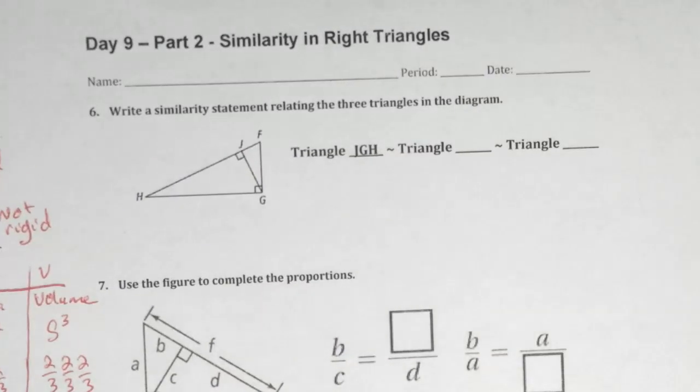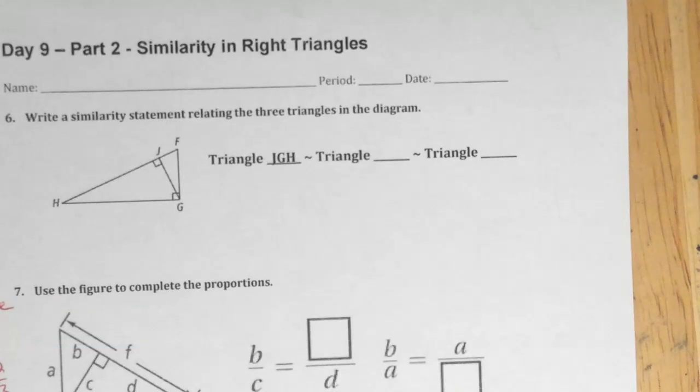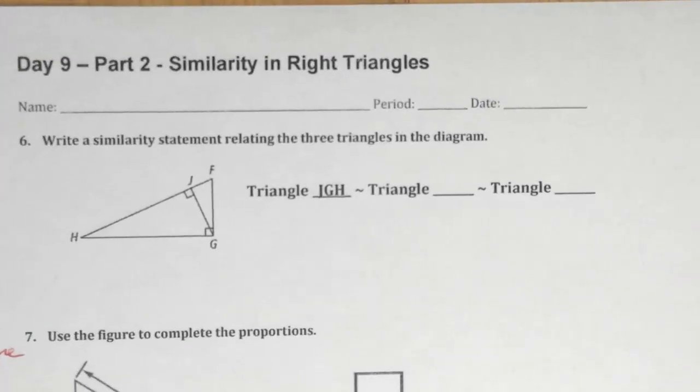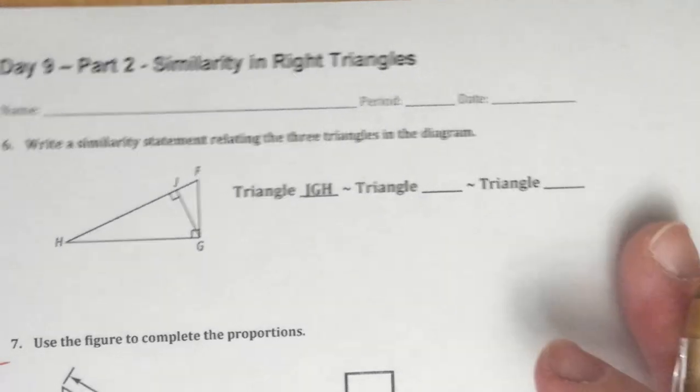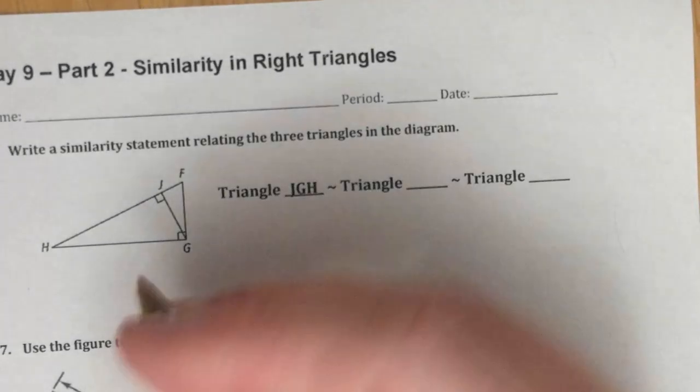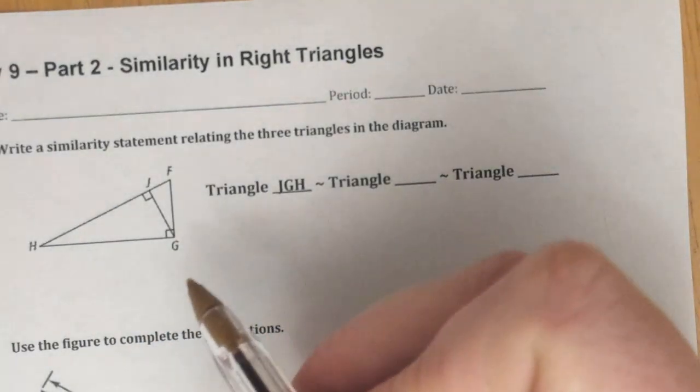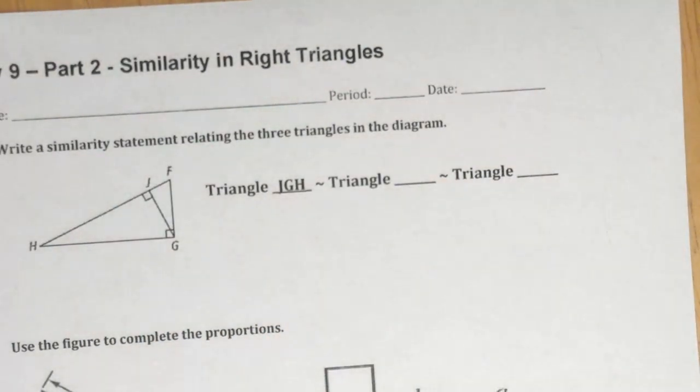All right, so part 2 is about similarity in right triangles. Okay, so there's a bunch of different ways how to do this. I think the safest way to do this is to separate the triangles. All right, to separate the triangles, I'm going to do the simple action of